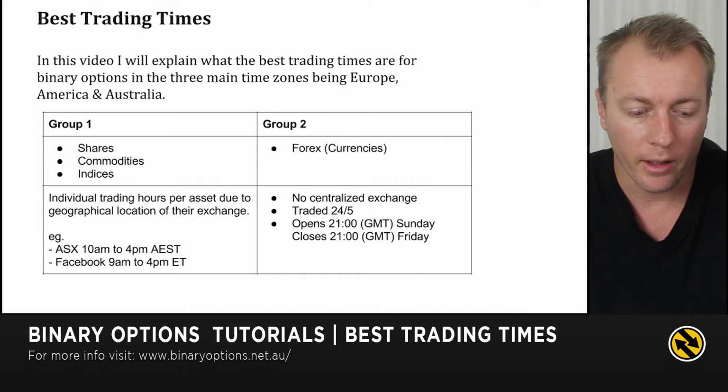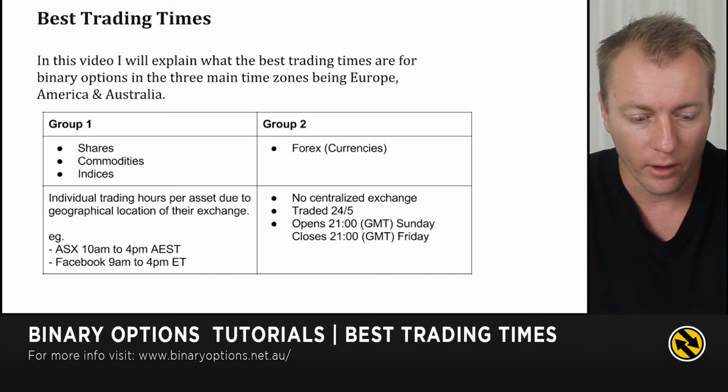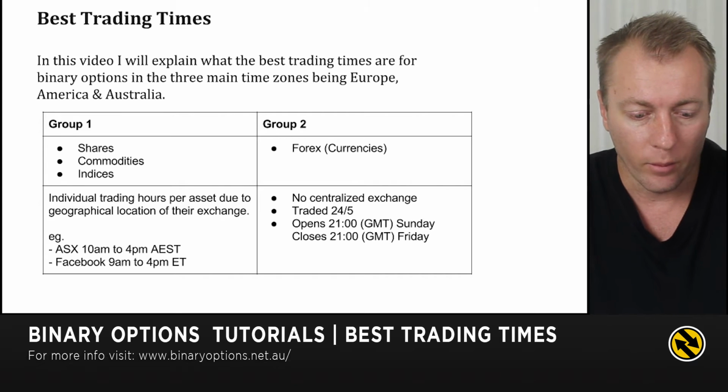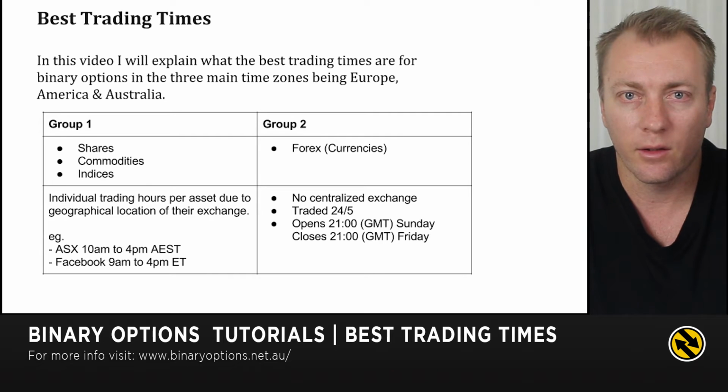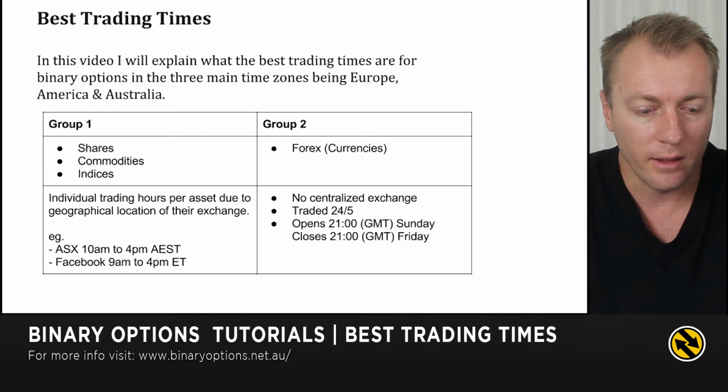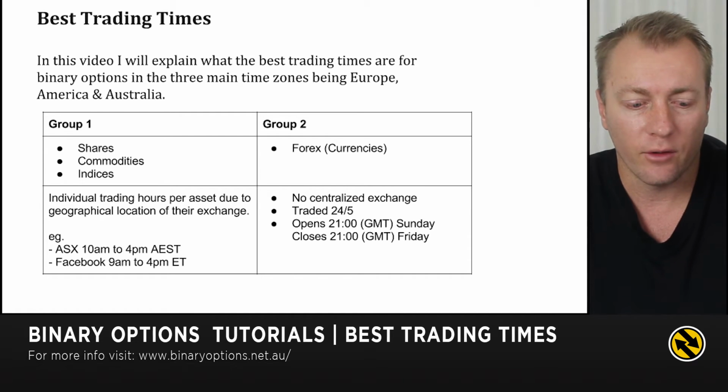So if you're in America and want to trade that, obviously you've got to convert that time zone back to yours. Another example is Facebook, which can only be traded between 9 AM and 4 PM on the NASDAQ Stock Exchange. So if you are targeting specific stocks or shares or specific indices that only are traded in certain times,